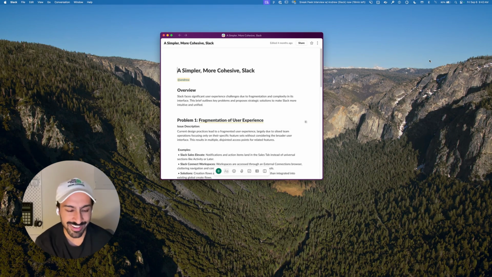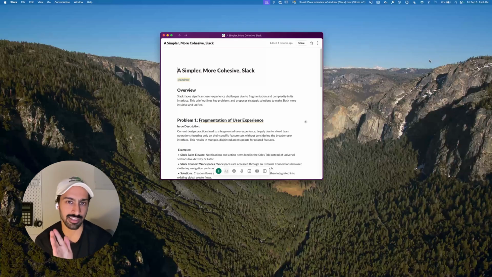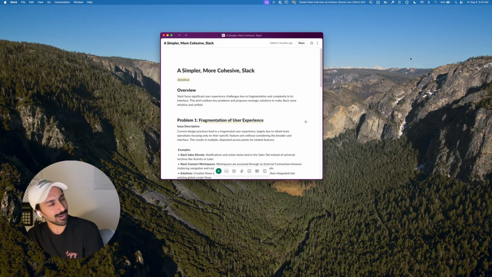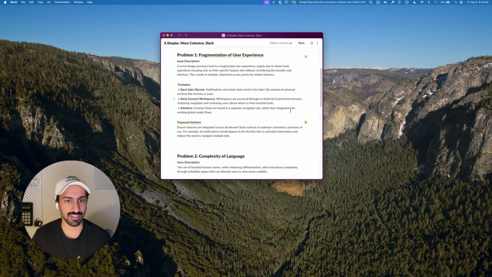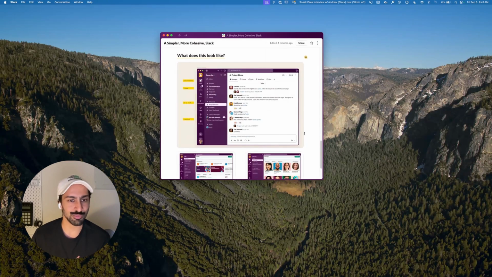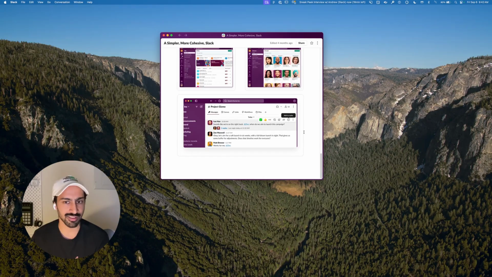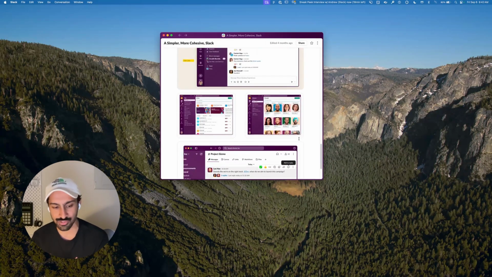Does it keep you up at night? I recently, maybe not that recently, I guess it says 4 months ago in the top here, I was being kept up at night. I was starting to think to myself, oh man, Slack is getting complex, feeling siloed. I want to do something about that. And so one day I just came to work and I wrote about it. I just wrote what I felt were the problems. And I wrote a bunch of stuff here. And then I put a few mocks together to be like, here's what I think the world could look like if we address some of these things.